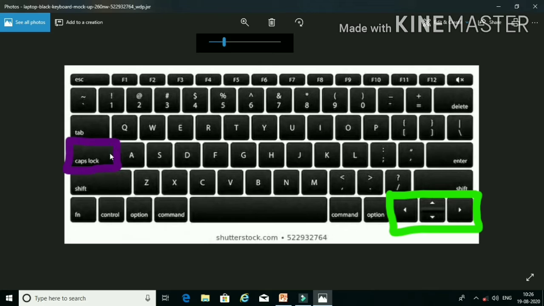The caps lock key. And here we have four arrow keys: up, down, left and right. With these arrow keys, we can move the cursor up and down, left and right, in four different directions. Clear? And this caps lock key is used to write in capital letters. Understood?